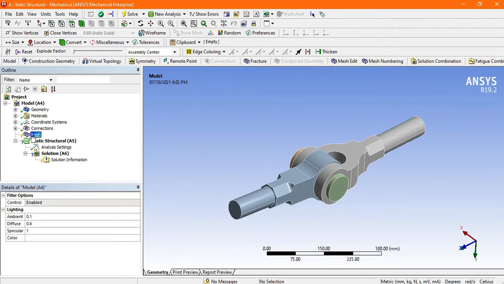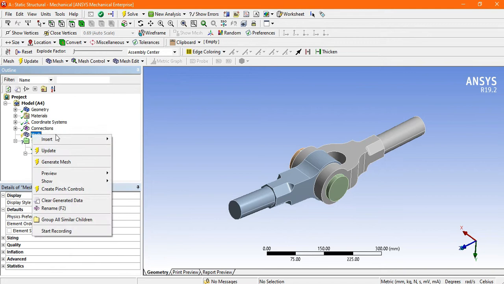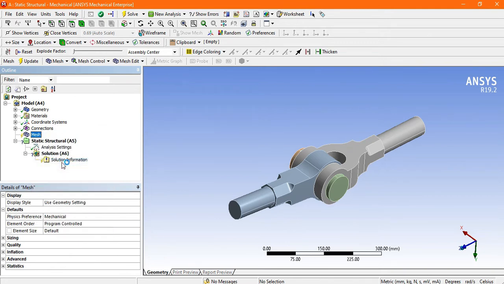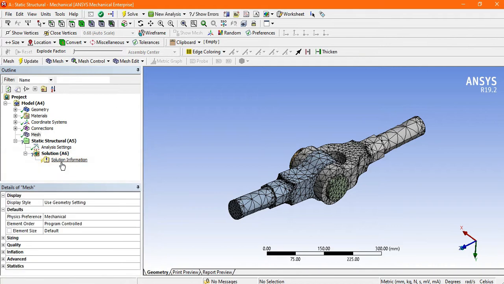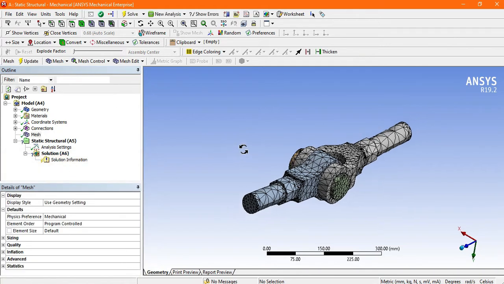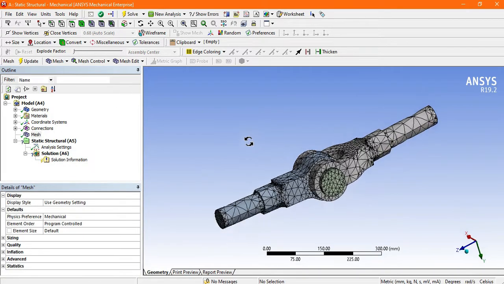So first go to the mesh, right click on the mesh and generate mesh. Now this knuckle joint is meshed successfully.